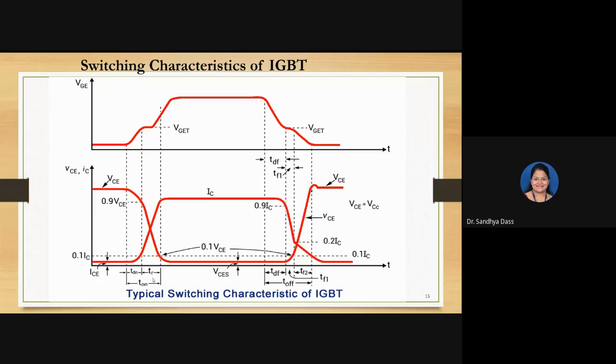It's the same. It is not changing for every device. The characteristics we are identifying are the same here. So the turn on time is nothing but the summation of turn on delay plus rise time. Now I want you to interpret from this waveform what the turn on delay and rise time are with respect to,